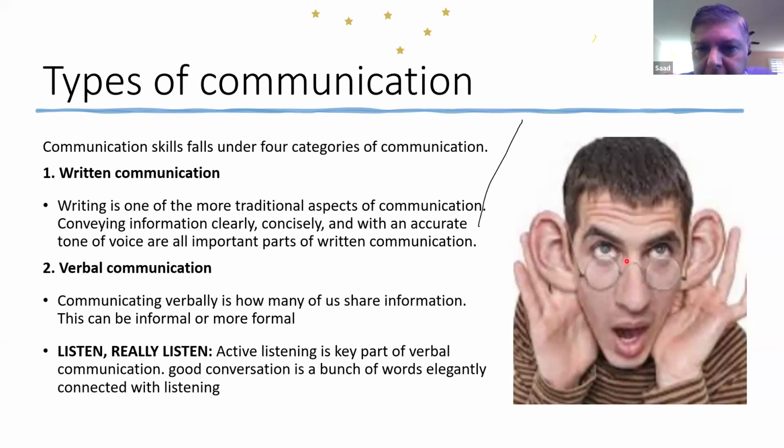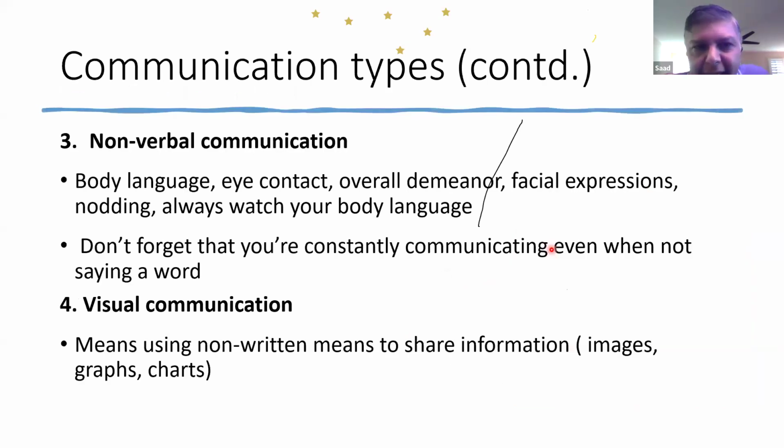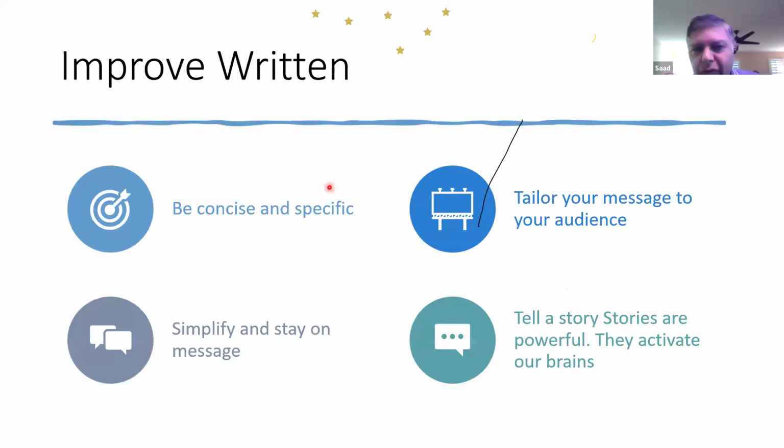So this is a visual communication. This person is about active listening. He's listening very carefully. Okay, so let's keep moving. Now we have covered the four types of communication, which were